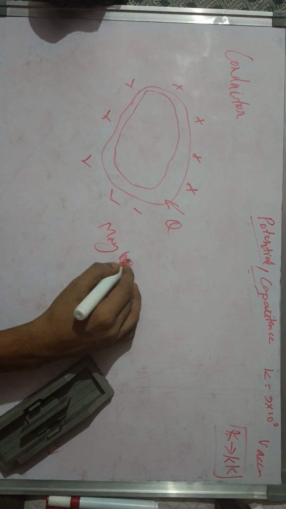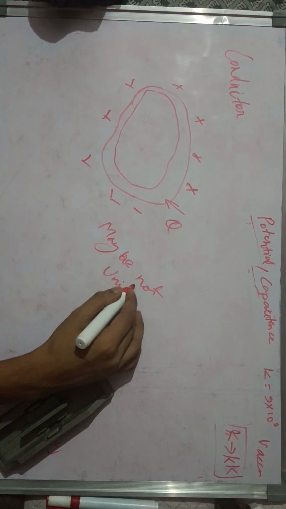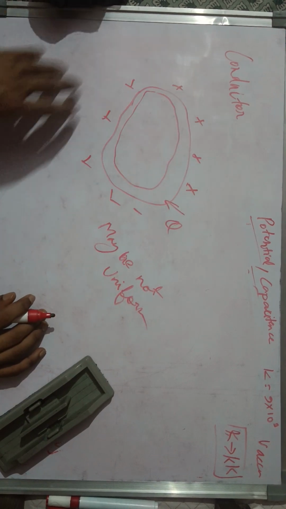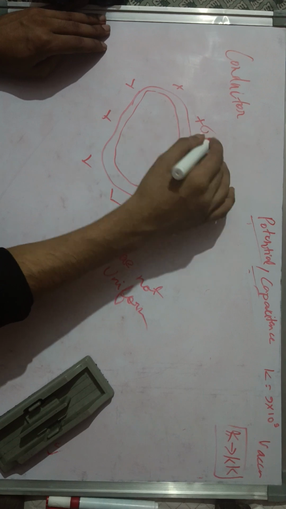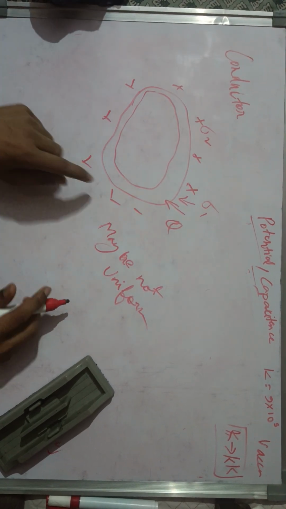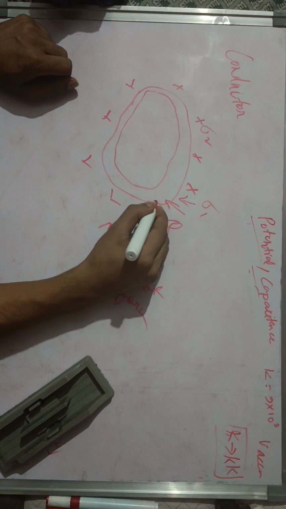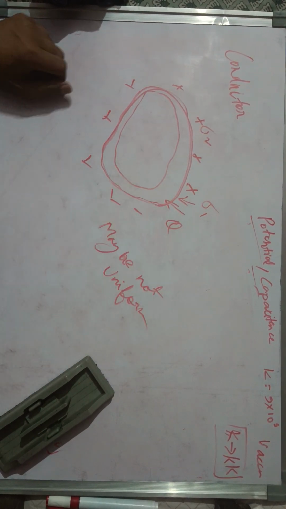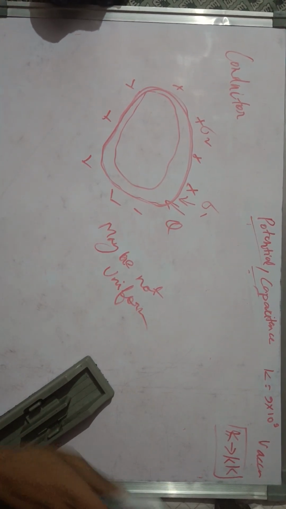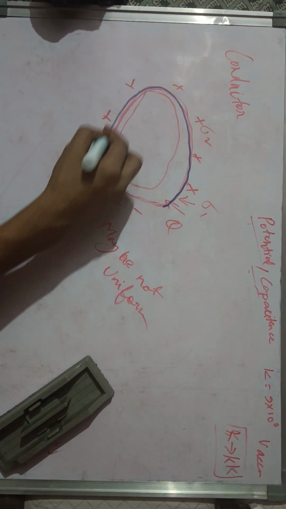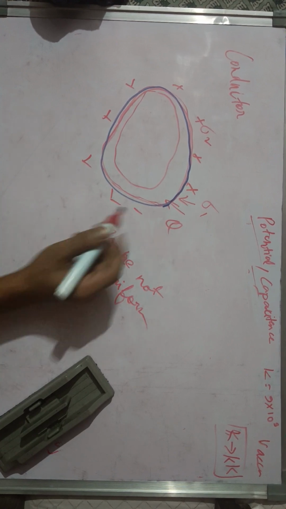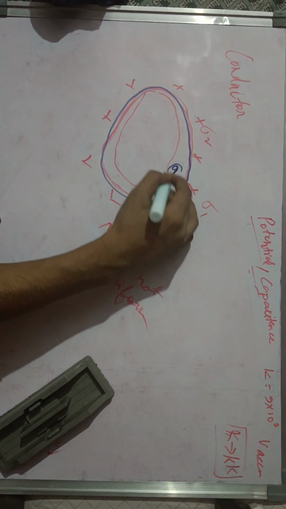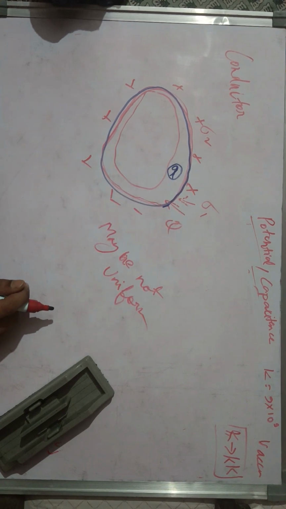Maybe not uniform, but it will get spread everywhere. Here charge density will be sigma 1, here sigma 2. It will be spread everywhere, and the charge will only lie at the outer surface of this conductor body, because if any charge q lies in this region, and in such case